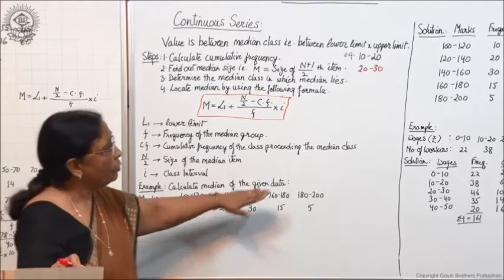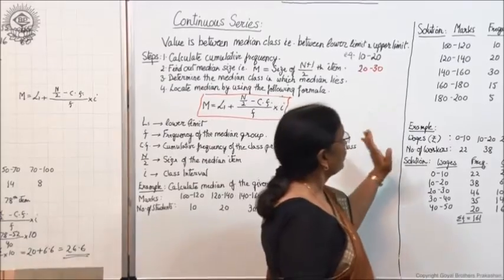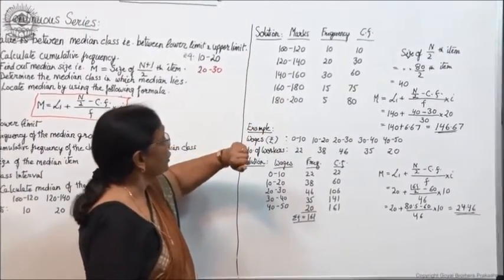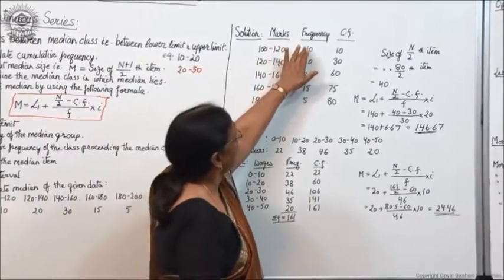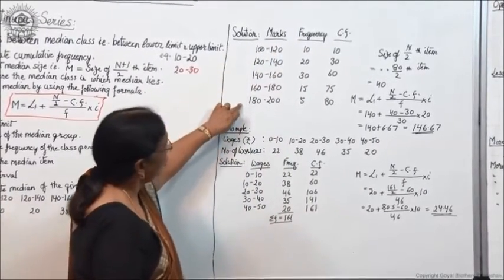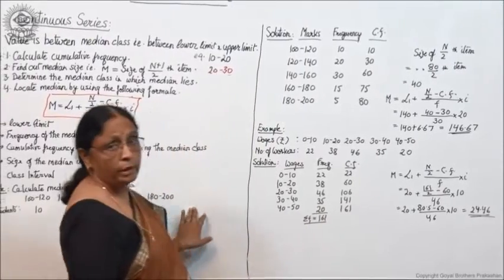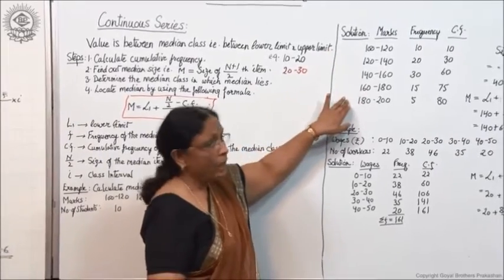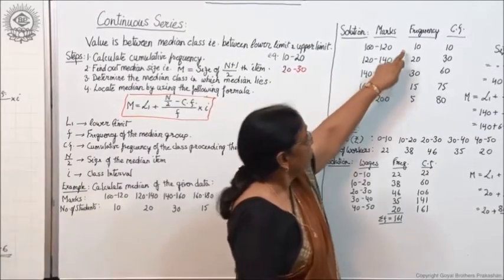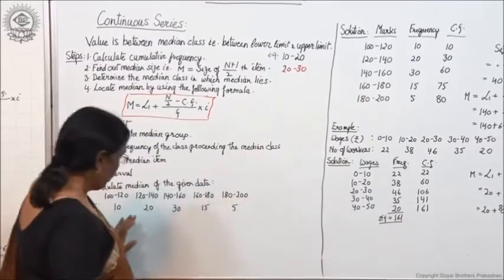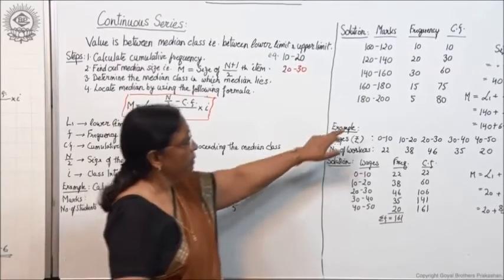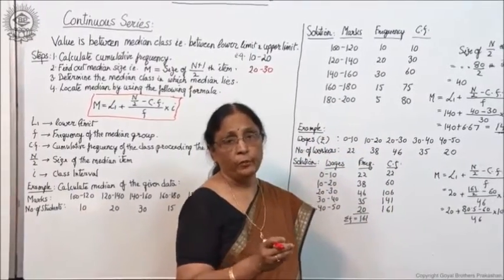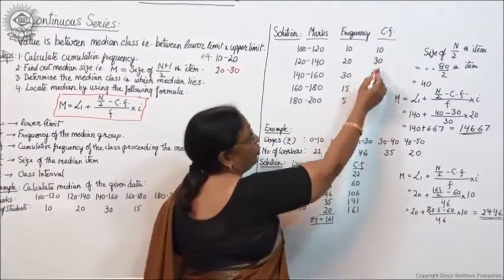Now here you have to take out the median of this data. Now what is the way of doing the calculation? Marks and frequency you will copy down in the same order as given here. Whatever is given here, in the same order copy down the marks, then copy down the frequency also in the same order as it is given in the question. Now, the first step here will be to calculate cumulative frequency.